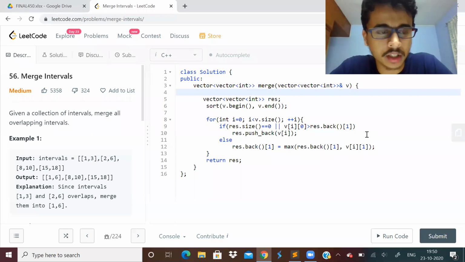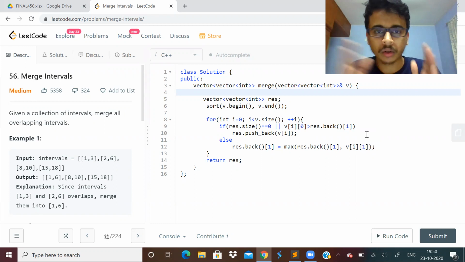So I've written the code for this problem. In this problem, what we need to do is we have to first sort the given vector of vectors. Okay. So we're basically given a list. So we have to sort that. The list is like upper boundary and lower boundary of every interval. And after sorting, what we should do, we should keep a track of the lower boundary of current interval and upper boundary of previous interval. And we have to compare these two. Okay, we have to make such comparisons.